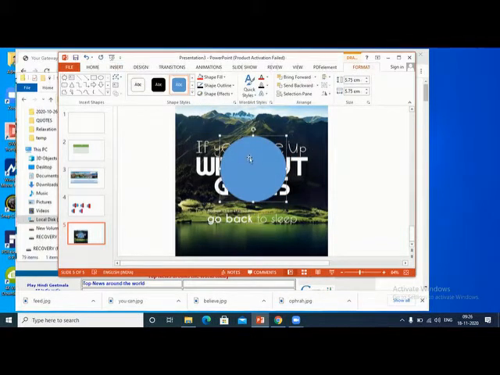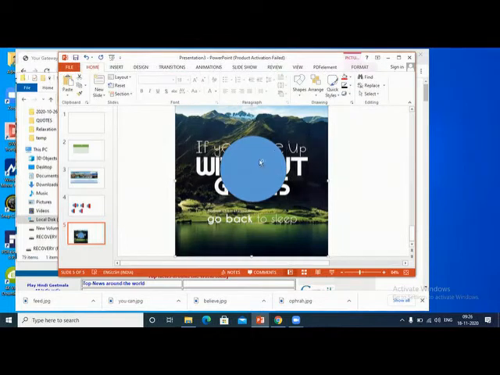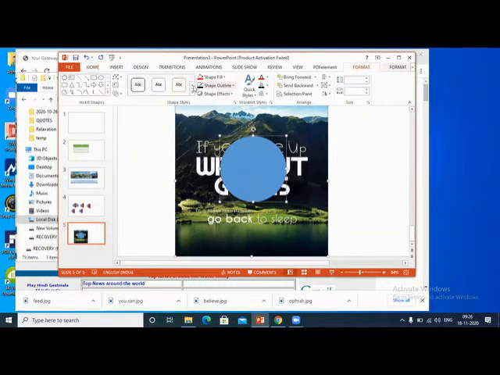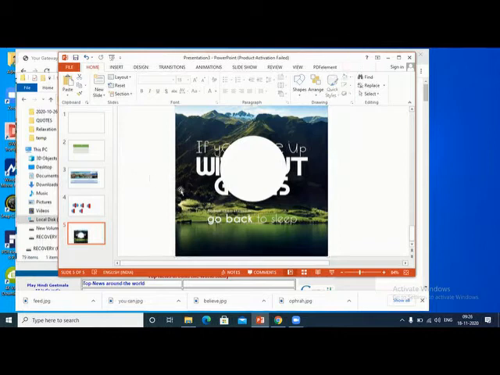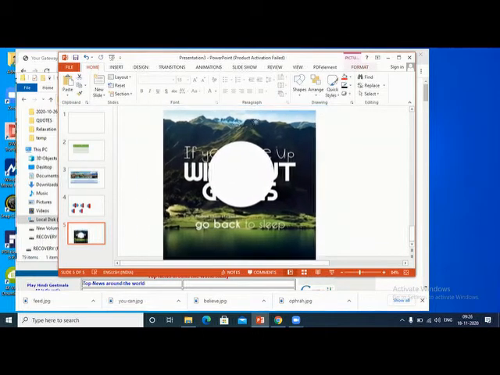Okay. Now I can use the merge command. I can merge not only with shapes, I can merge with the picture also. So from this picture, I want to subtract this piece. So first I will select the picture, I will press Control and select the second one. Now I will go to format, go to merge. So here you will require subtract. You see that portion has been subtracted. So this is a very interesting command.